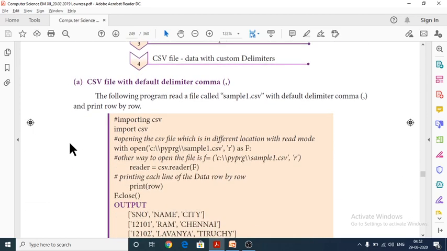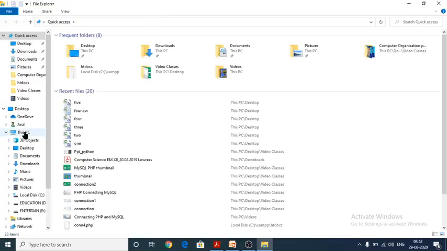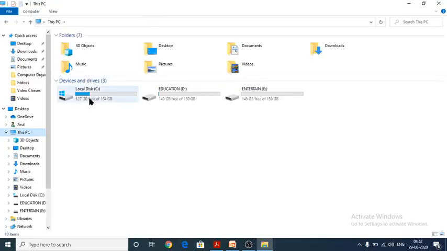See here, this is the data. Now I am going to open this CSV file. See here, first I would like to press Control X. I am going to make a cut and paste for this one.